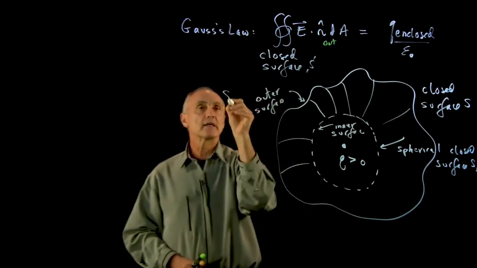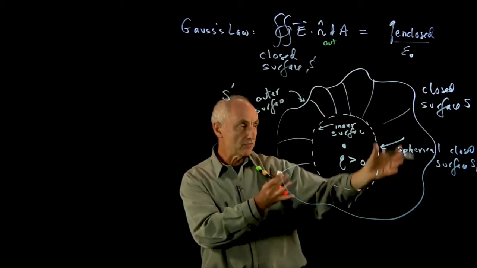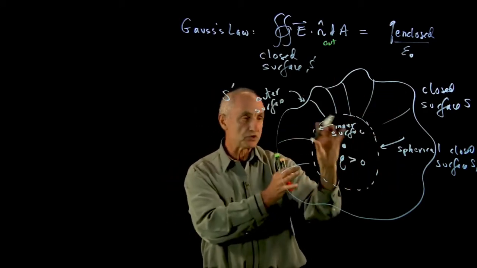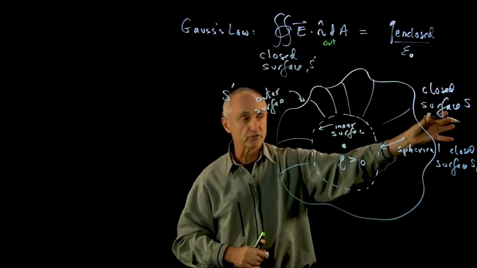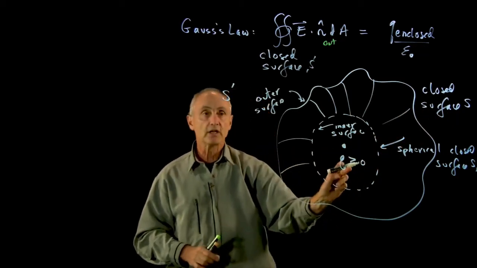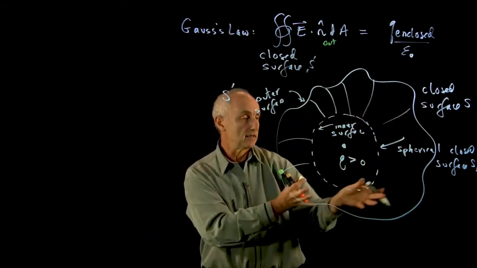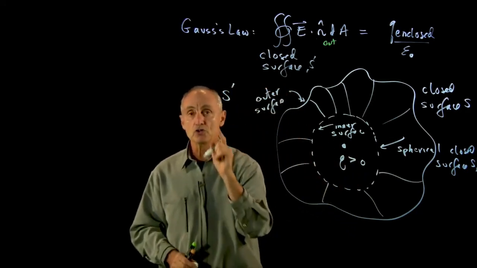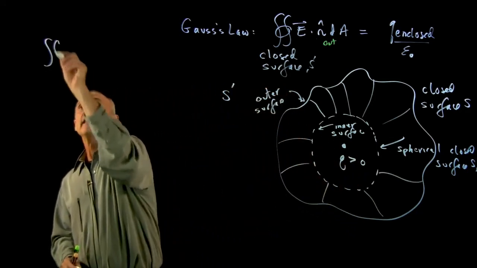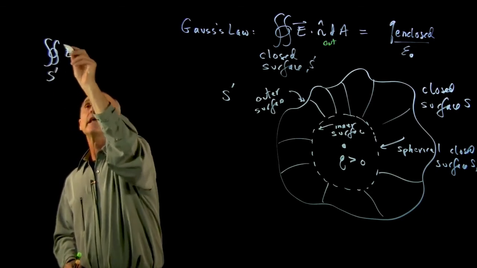And I want to call this S prime. So my surface, my closed volume, has an inner surface, which is spherical. It has an outer surface, which is the arbitrary closed surface S. And notice that the charge Q is not inside this surface S prime. So we've already proved that as far as S prime goes, that the electric flux